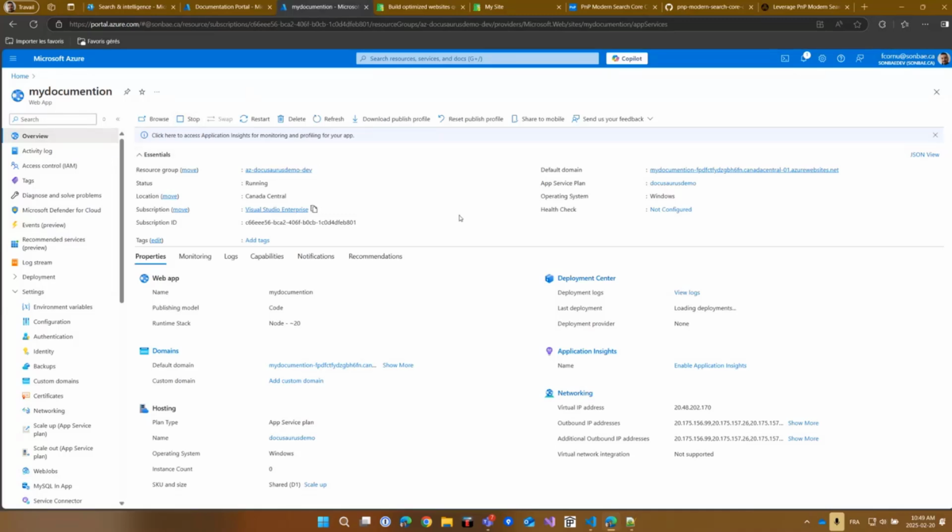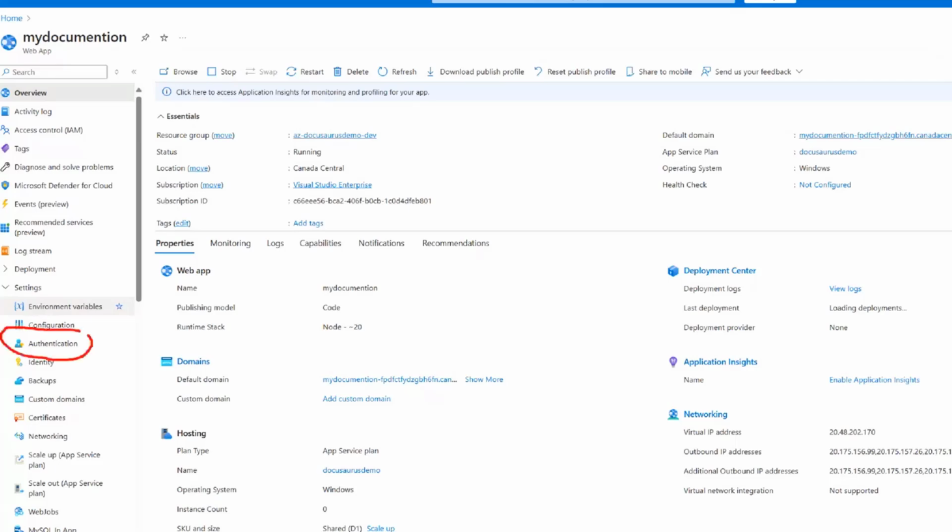So why we are using an app service instead of a blob container is because of the authentication part, basically. Because we will use Microsoft Search, all those calls need to be authenticated, and for that we have basically two ways to do that. The first one is to use a client-side implementation directly within your site using, for instance, msal.js. So you go on your site, sign in button, you sign in, and then you can search for content, or you can use the app service Easy Auth feature, which is basically the authentication part there.